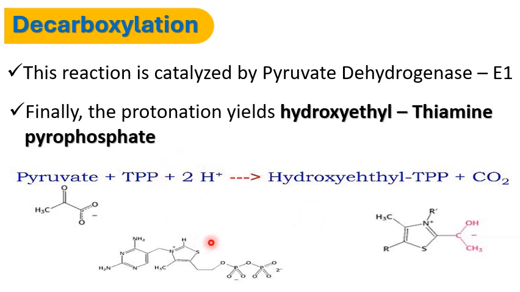In the presence of a reducing agent, we generate hydroxyethyl thiamine pyrophosphate and then give out CO2. So you can see where the ethyl group is attached to the hydroxyethyl TPP. Okay,